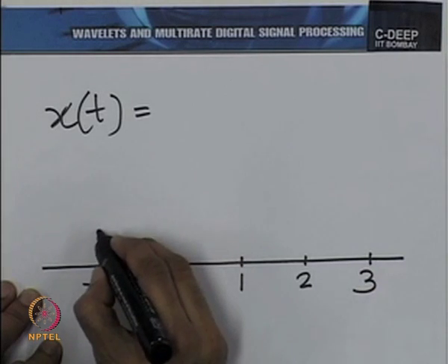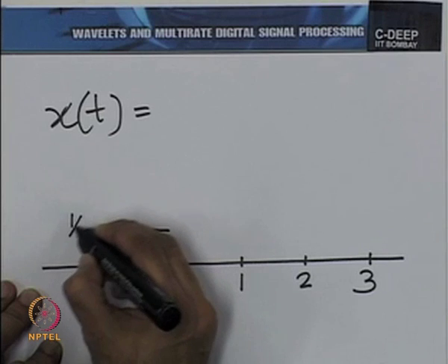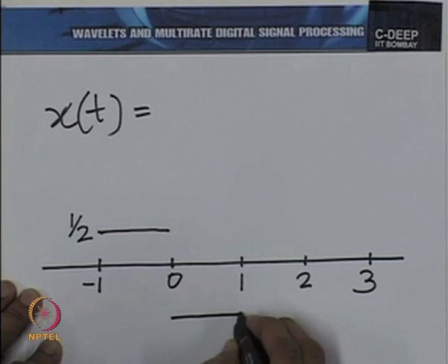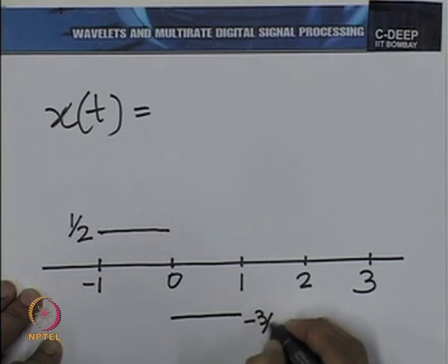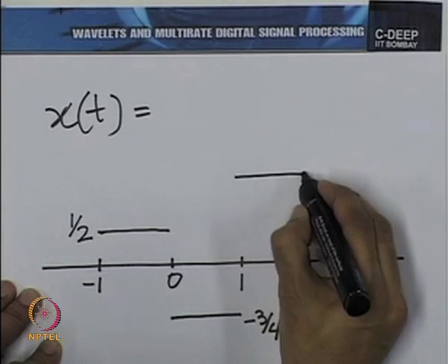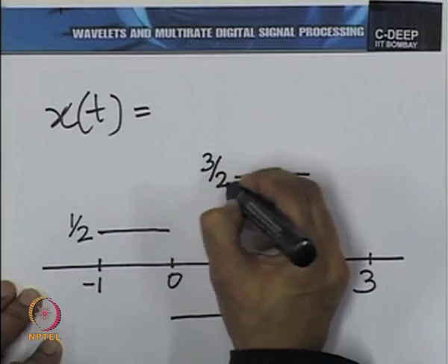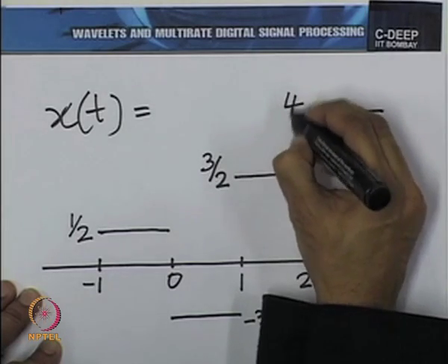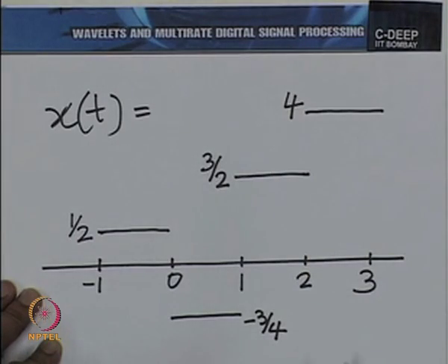So, let it take the value, let us say half for some variety between minus 1 and 0, minus 3 by 4 in the region from 0 to 1, 3 by 2 in the region 1 to 2, and let us say 4 in the region 2 to 3. So, it is very easy to see that x of t can be written